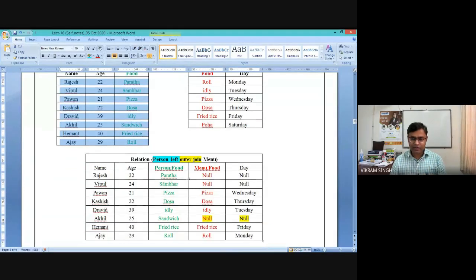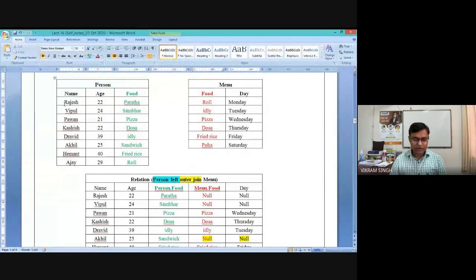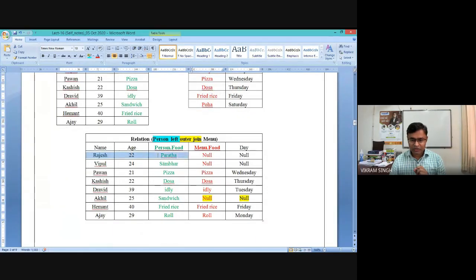If you see carefully, the instances of both will be maintained, right? Both copies of this join attribute will be maintained: person.food and menu.food. The first tuple is Rajesh 22 and paratha. If you match this with menu, we will not find any match. That's why it is Rajesh 22 paratha and null, because we have to maintain each and every tuple of the person table.